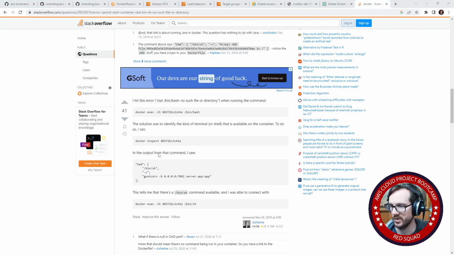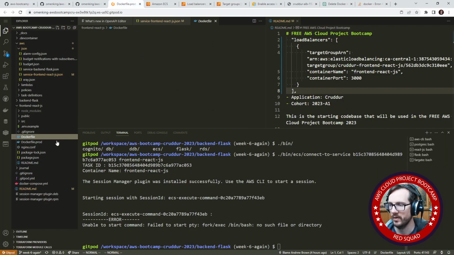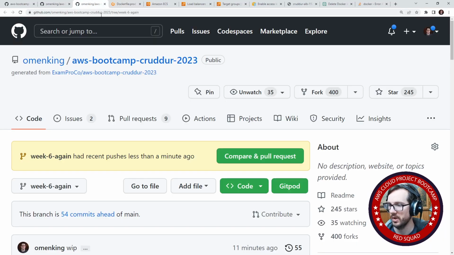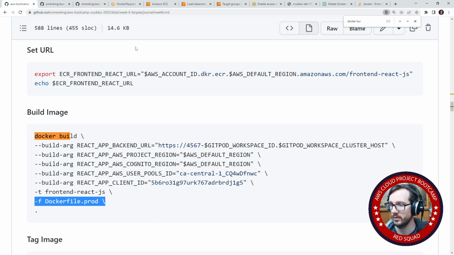All right, so some of the instructions here are saying what you can do is do docker inspect and see what CMDs you get out here. I mean, I don't see why we wouldn't know what it is, but what I'm going to do here is take a suggestion and maybe see if that would help us resolve our issue. Or at least debug it a bit further. So what I'm going to do